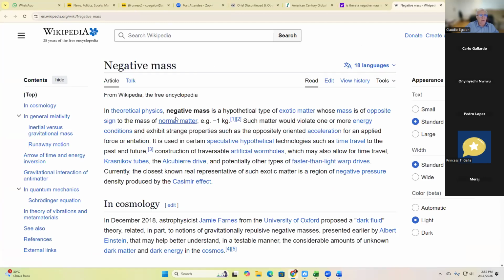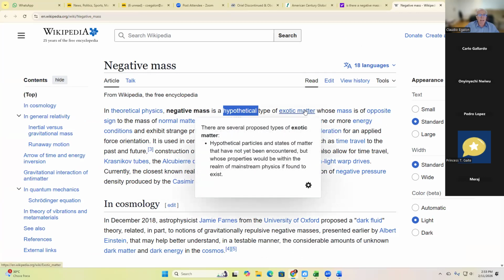So, in theoretical physics, negative mass is a hypothetical type of exotic mass whose mass is of opposite sign to the mass of normal matter, minus 1 kilogram, right? But we're talking about hypothetical here. They also mention exotic matter, okay? Hypothetical particles and states of matter that have not yet been encountered. So yeah, they have not been observed